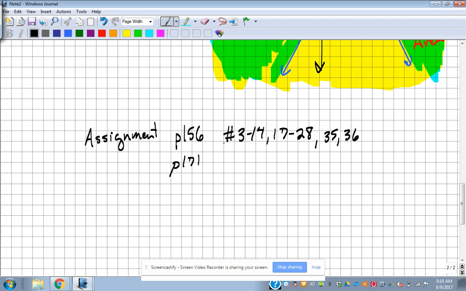Page 171, 5 through 25, and we'll just do the odd ones on that page. Do all on that page. Okay, so that's going to be our assignment for today's stuff. You've got about 14 minutes left in class today, and then you'll have class time tomorrow to work on this, ask questions, get all that stuff done. Homework from yesterday